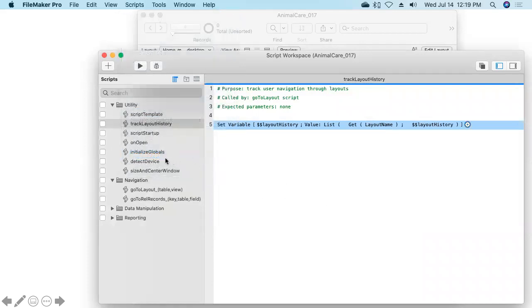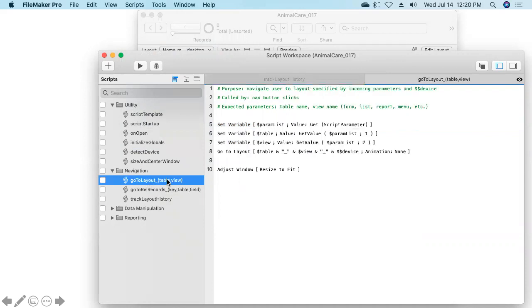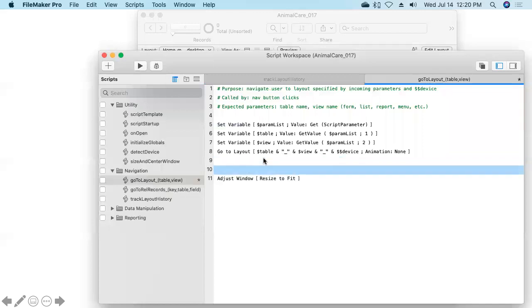Then we're going to call that script, and let me move it into position into the navigation folder, more where it belongs. There we go. We're going to call that script from our go to layout script. In the go to layout script, let's add right in here